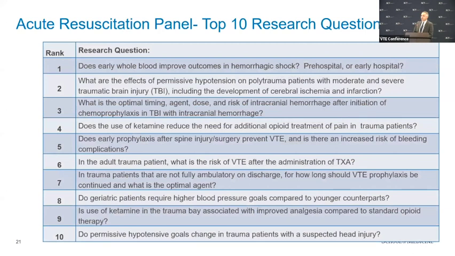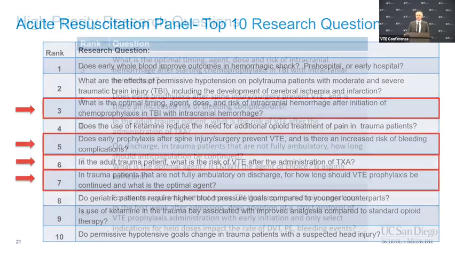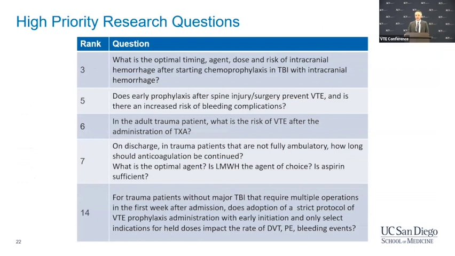So these are the top 10 research questions based on priority that were generated by our panel. How many of them related to DVT? The number 3, 5, 6, and 7 questions. So obviously these are important questions that are recognized again through this Delphi panel of multidisciplinary experts. And you can see some of the questions there, and we'll go into the specific questions in a little bit more detail. And some of these are actually multiple questions built into one. You'll see some run-ons here.